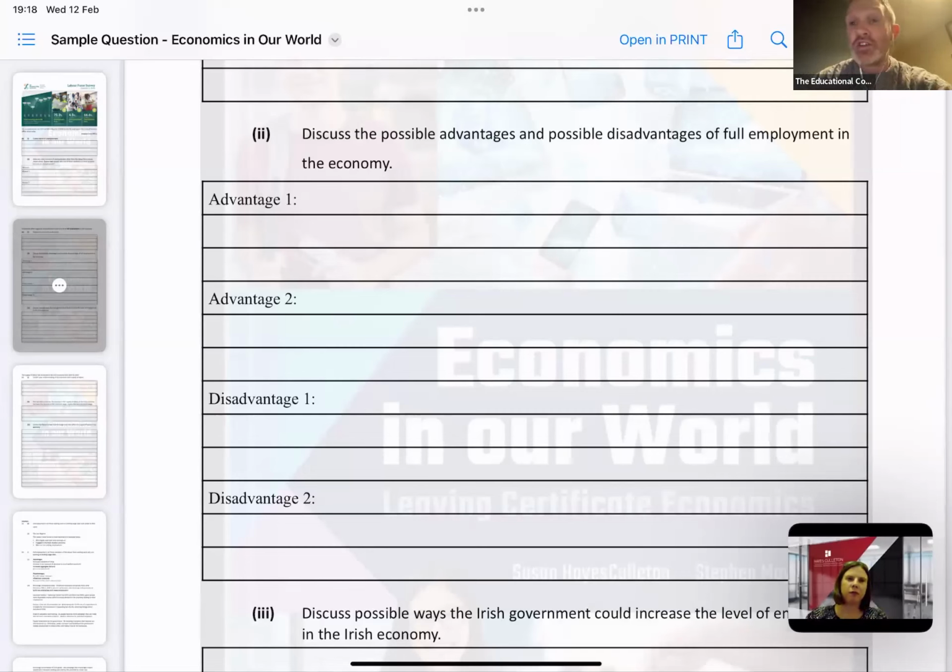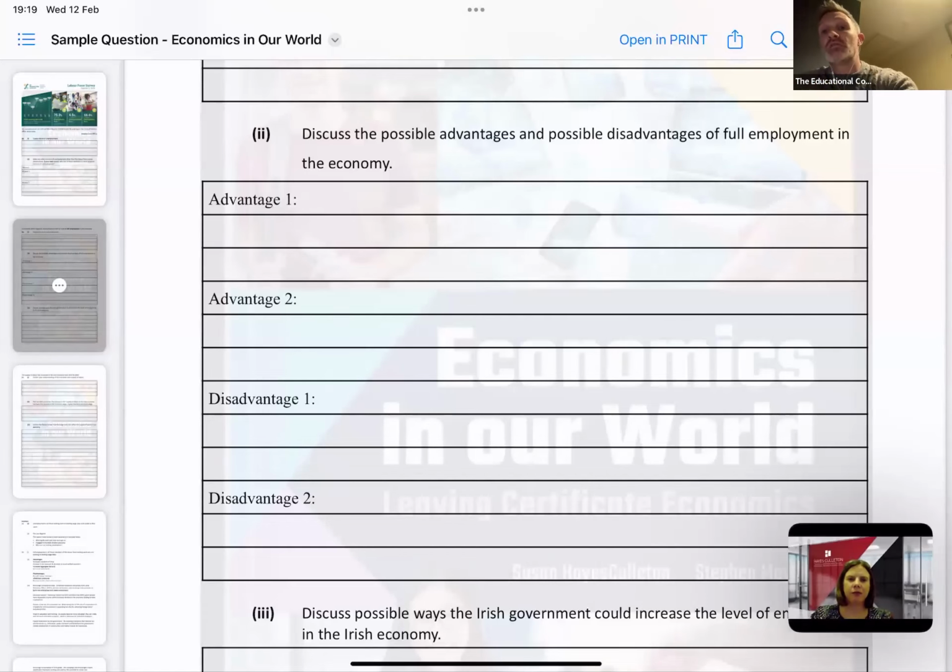Again, higher tax revenue, lower social welfare payments, increased demand in the economy, and any of the advantages that we see. But another thing that the SEC are doing is looking at 2 sides of the coin. Traditionally, they might have just looked at the advantages: well, full employment is a good thing. But now seeing the other side of the coin is important, that students are able to identify that. Well, there are also disadvantages, and we're seeing them at the moment in the economy in terms of labour shortages and pressure on infrastructure. That would be a big thing, and it's something that has been very common since the new spec, looking at both sides of the coin, so students are able to argue both sides.